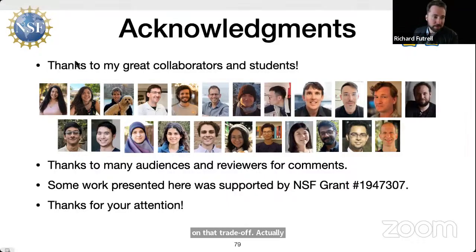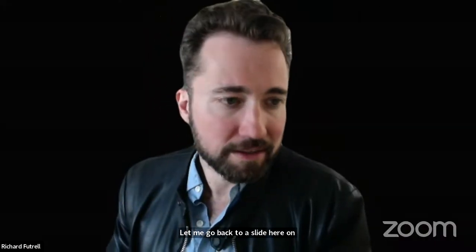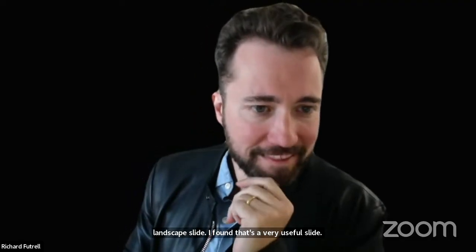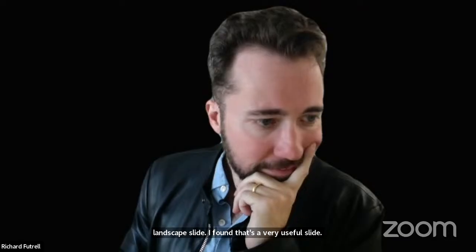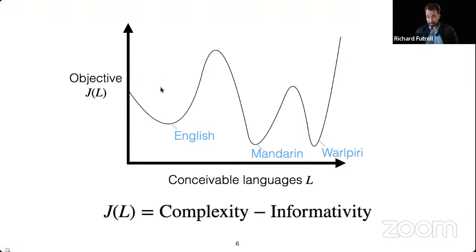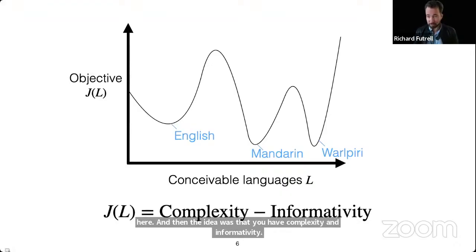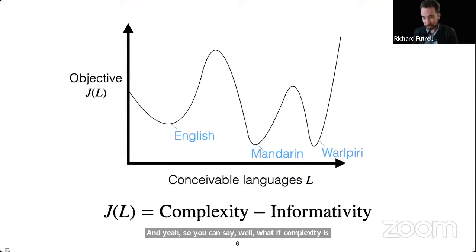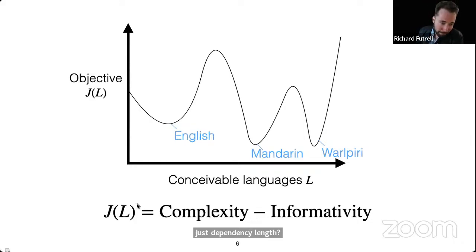Actually, if I go way back, let me go back to a slide here, the landscape slide. I found that's a very useful slide. So here, the idea was that you have complexity and informativity. And yeah, you could say, well, what if complexity is just dependency length? That's how I used to think about it. So I think the way to think about it is